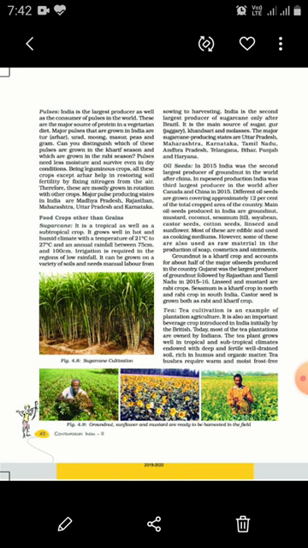Now, tea requires a frost free climate throughout the year. It requires humus and organic material, fertile soil. Because of this, it is not grown everywhere. Wherever this type of facility is available, only in those areas tea is grown. Apart from that, it requires frequent showers throughout the year, that is light rainfall, for the growth of tender leaves. Next, tea is a labor intensive crop.